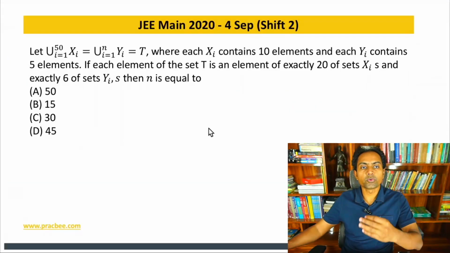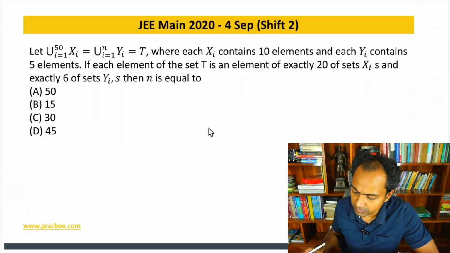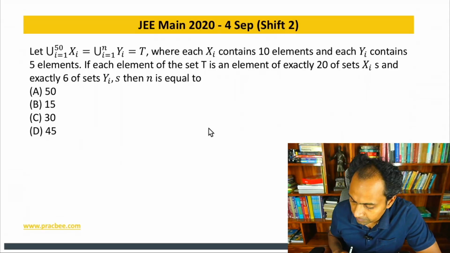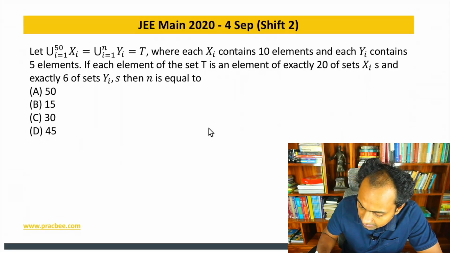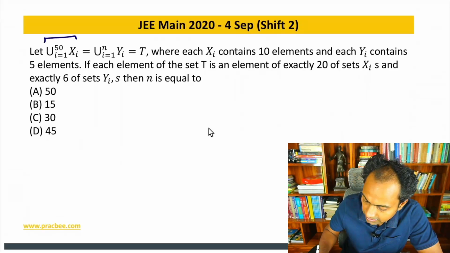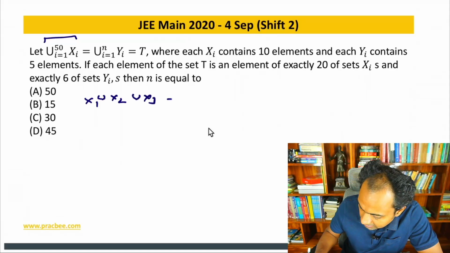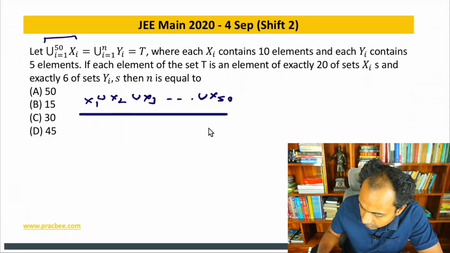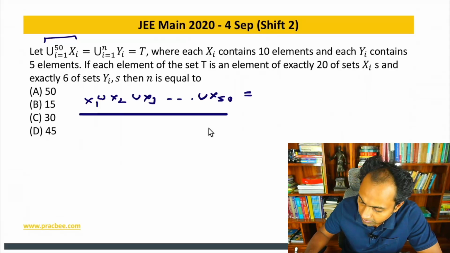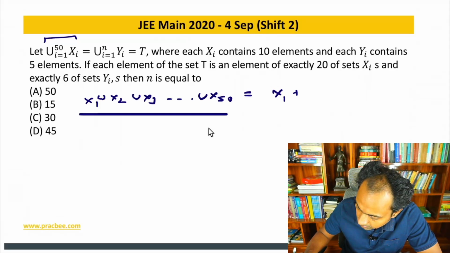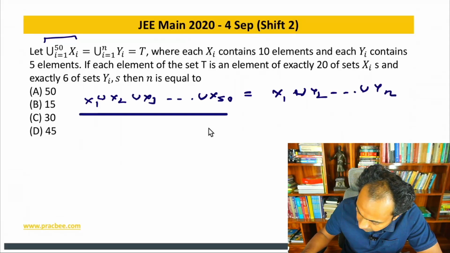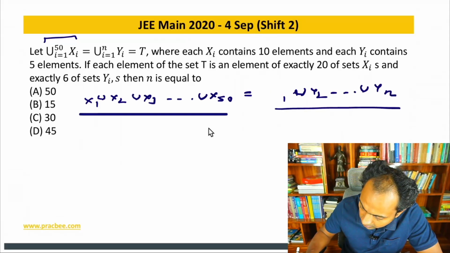Now this 2020 question came directly out of exemplar problems, because a similar question is also given in the exemplar problems of mathematics. The question says that if you take the union of all the xi's, so what does this statement mean? This means x1 union x2 union x3 till union of x50. This is what this first statement means. What they are saying is, this will be equal to taking the union of y1, union y2, and this union of y's will go till yn. And as a result, what they are saying is,